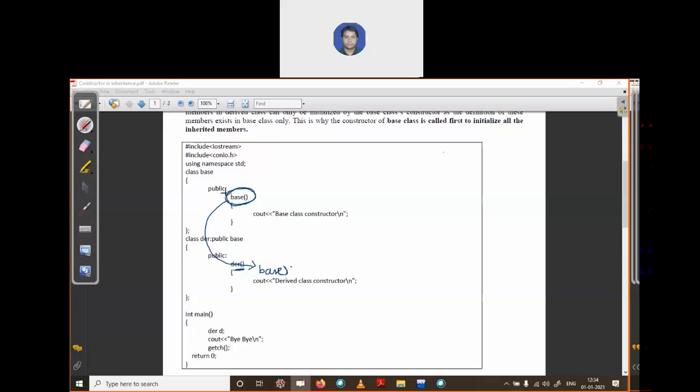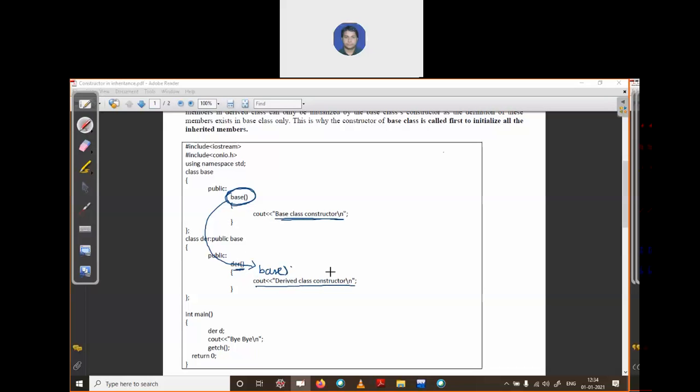So the base class constructor executes first, then your derived class constructor. First it will print the base class constructor message, then the derived class constructor message.